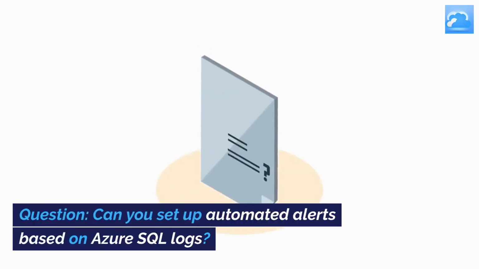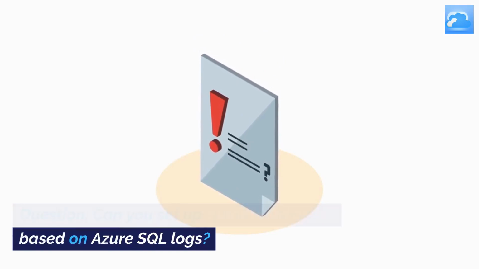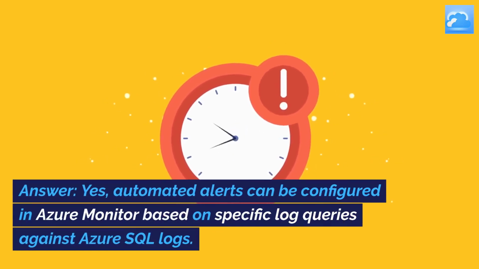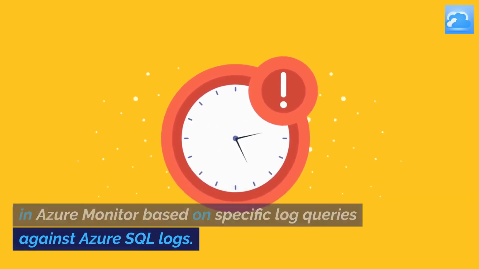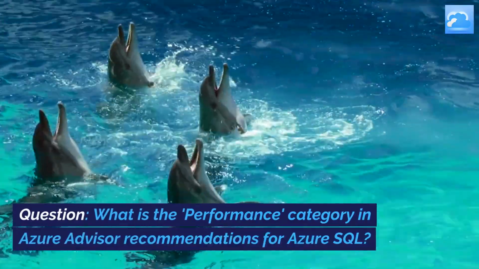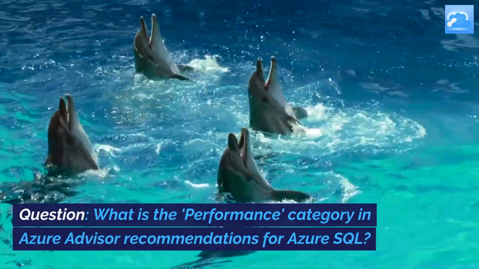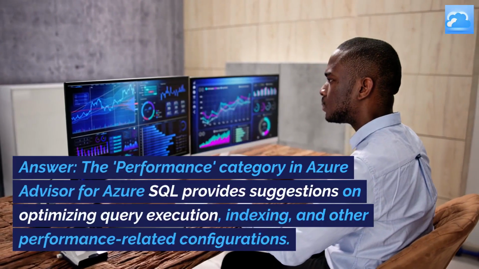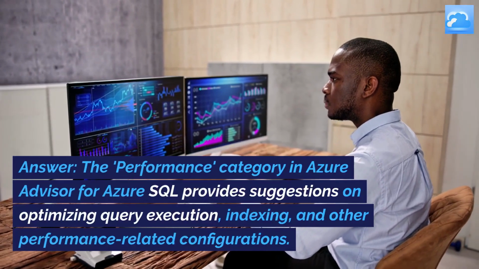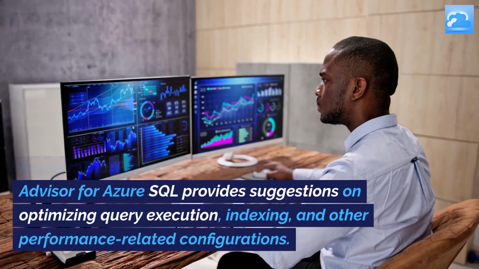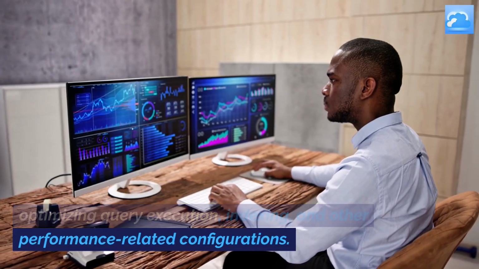Question: can you set up automated alerts based on Azure SQL logs? Answer: yes, automated alerts can be configured in Azure Monitor based on specific log queries against Azure SQL logs. Question: what is the performance category in Azure Advisor recommendations for Azure SQL? Answer: the performance category in Azure Advisor for Azure SQL provides suggestions on optimizing query execution, indexing, and other performance-related